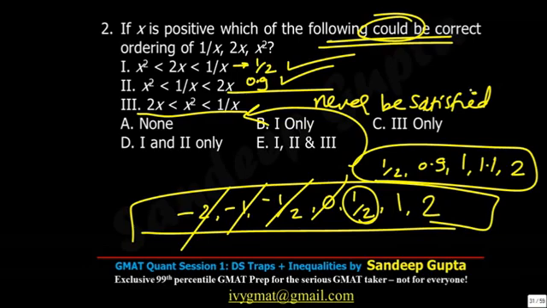Not sure means as a student you will not be sure that 1 by 2 will, so just check quickly. It's very fast. If I check this one for example, if I take 1 by 2, so 1 by 4 anyway not right, don't have to check any further. If I take 0.9, 1.8 less, not possible. If I take 1, 2 is less than 1, not possible. If I take 2, 1.1 for example, do you agree it won't satisfy? And for 2 also it won't satisfy. Simple. So I don't have to even put values in this one. These are not satisfied directly for any n. So that means the third statement will never be satisfied for any other number.